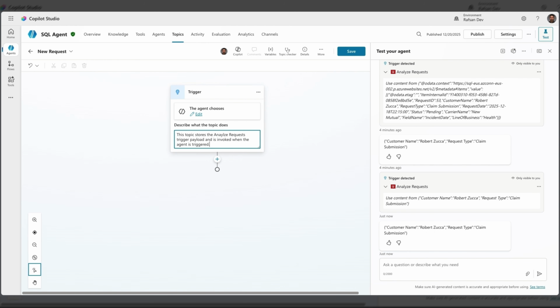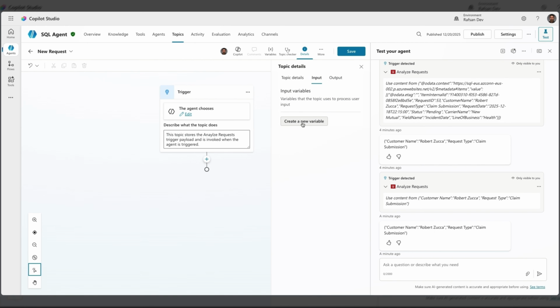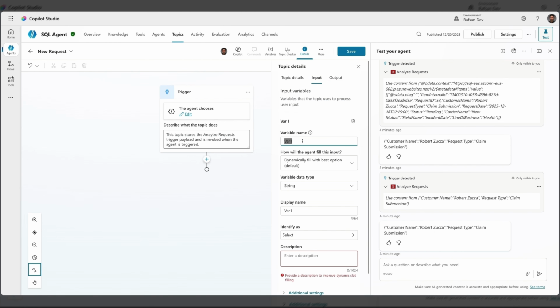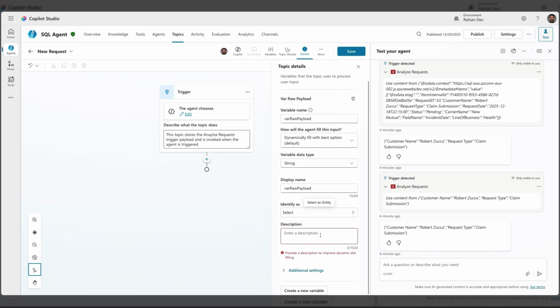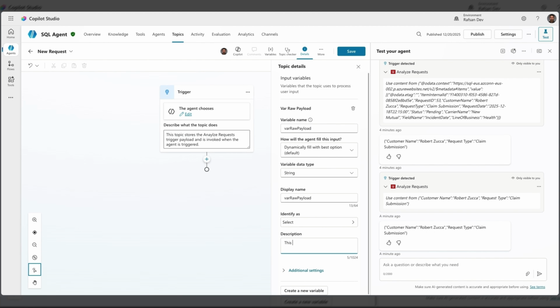So to store that information, this is autonomous again, like we need to automatically have a way to store that information. So if I click details, you will see input here. I need to create a new variable. So for variable, I'll just call this var row payload. I'm gonna keep it how will the agent fill this input dynamically, variable type string. Then here description, I will say this JSON